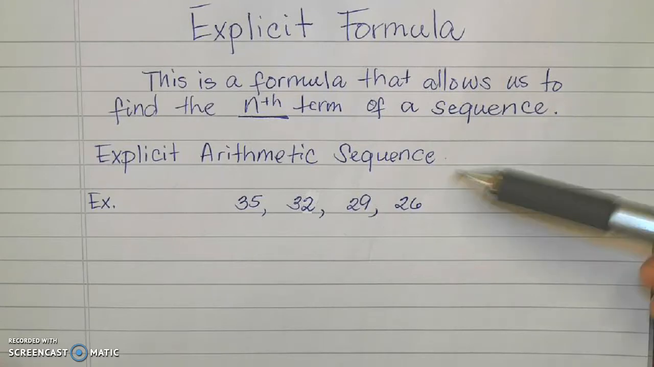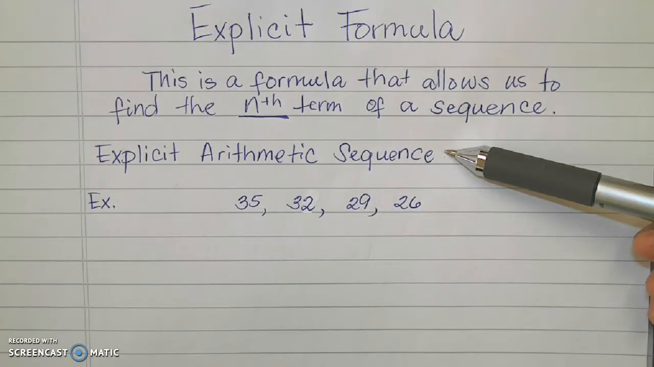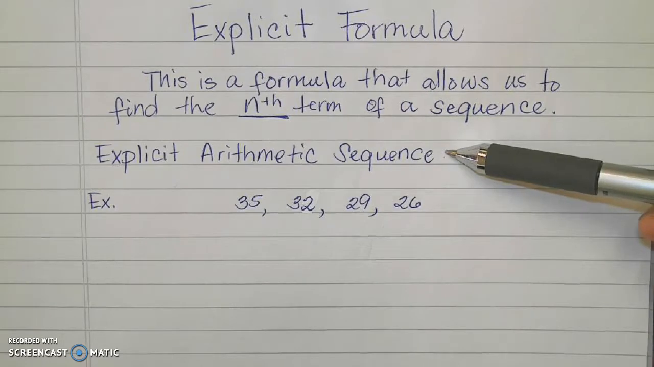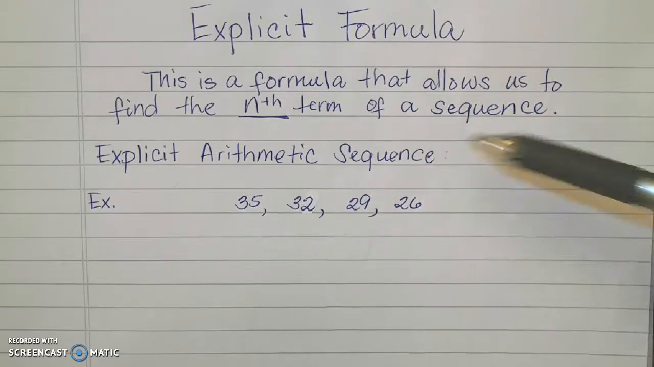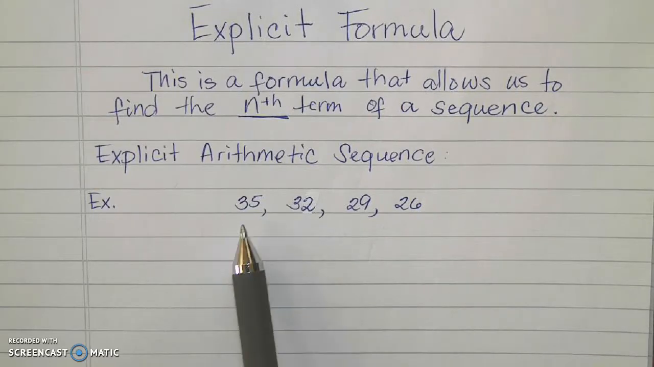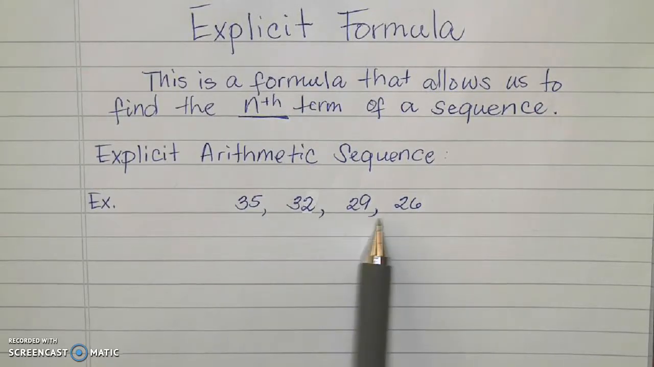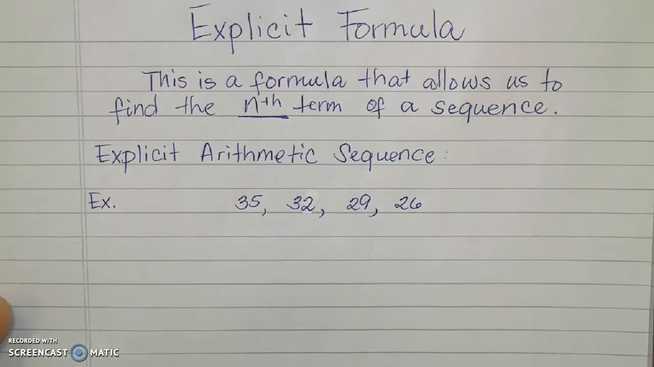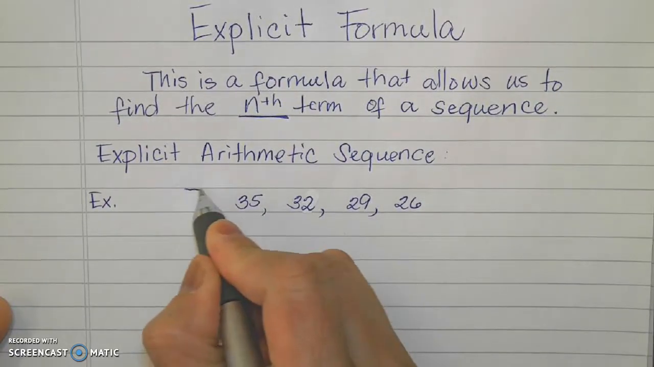The explicit arithmetic sequence is the first one that we're going to discuss, and our example is 35, 32, 29, and 26. Let us review a little bit about arithmetic sequences. It is a sequence where you add or subtract the same number to go to the next term. So for this one, just to organize everything, I'm going to divide this